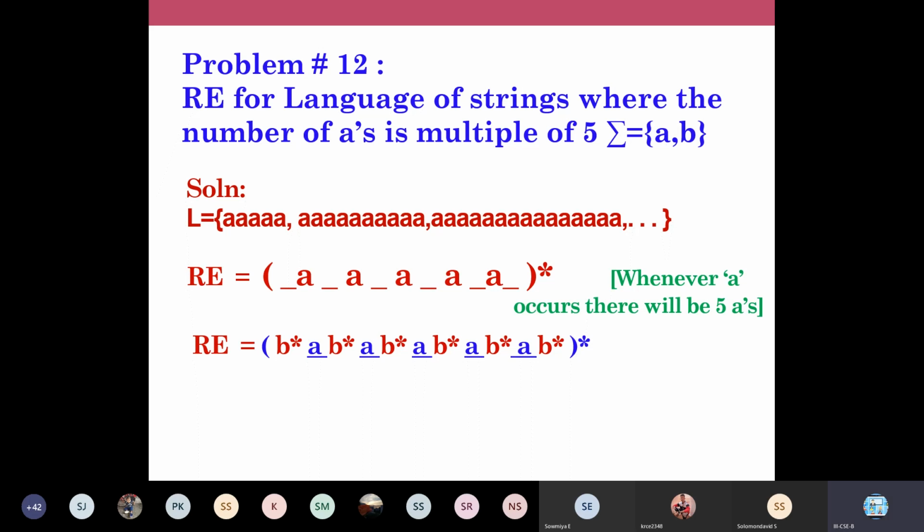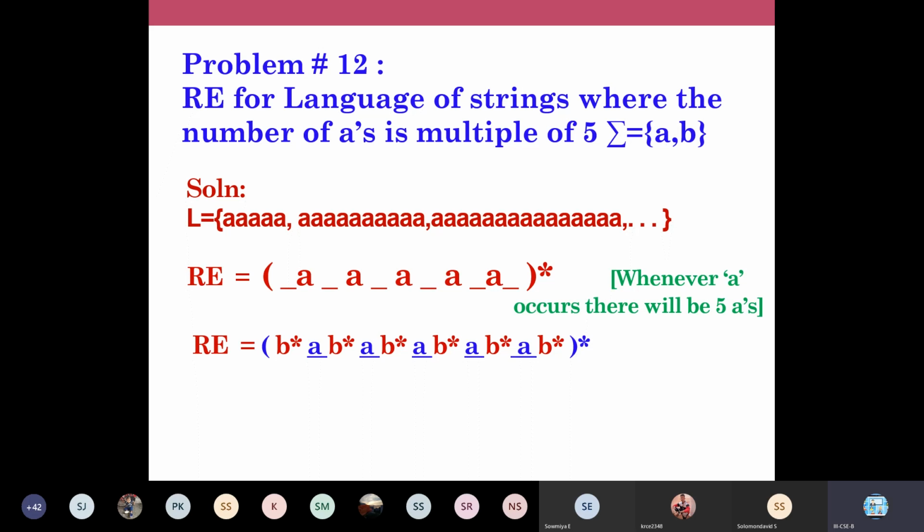Why has nobody given the answer? Try to post some answers here. Write 5 A's. So once again, I'll give the hint. At least now you try. You have to write 5 A's within the parenthesis and write the number of B's anywhere, and on either end also. Yes, very good. Priyadarshini has written the answer correctly. Yes, this is the correct answer.